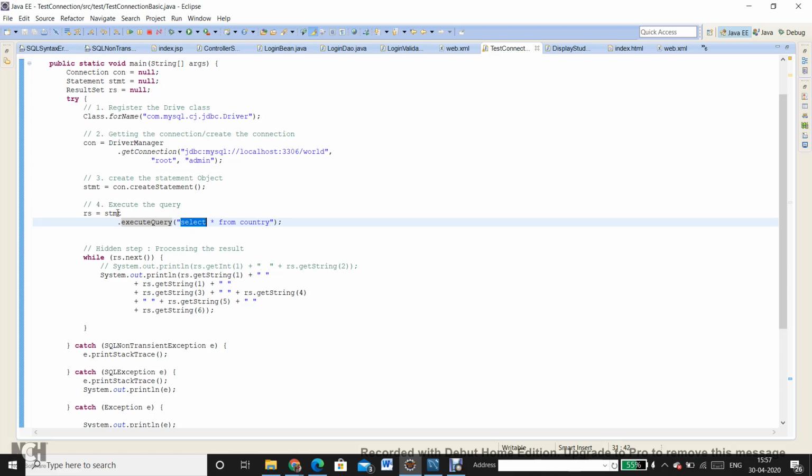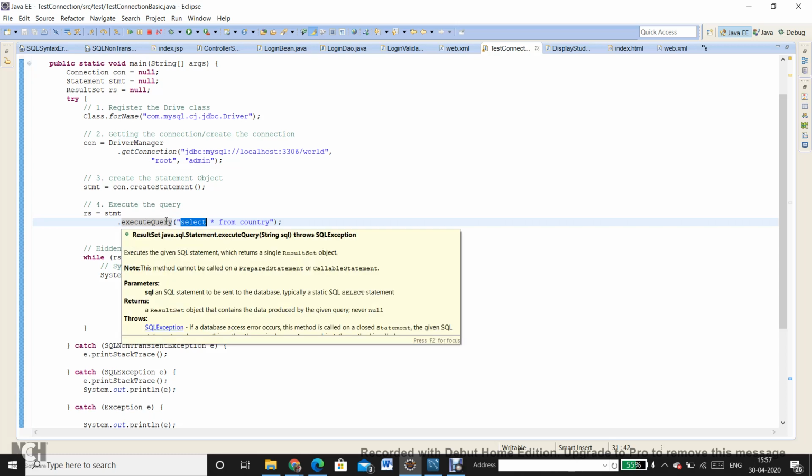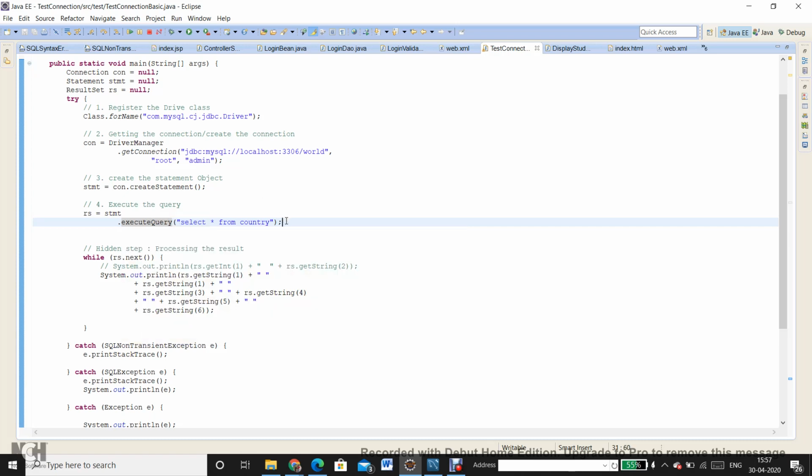So for the execution of a data query language statement, that is select in particular, and that is the only one, we use the execute query method, right? But if you want to run any of the data manipulation language statements, now because I have bifurcated into two parts, I have separated it from the select query. Data manipulation language statements will be only insert, update and delete from now on. So I cannot use the execute query method anymore.